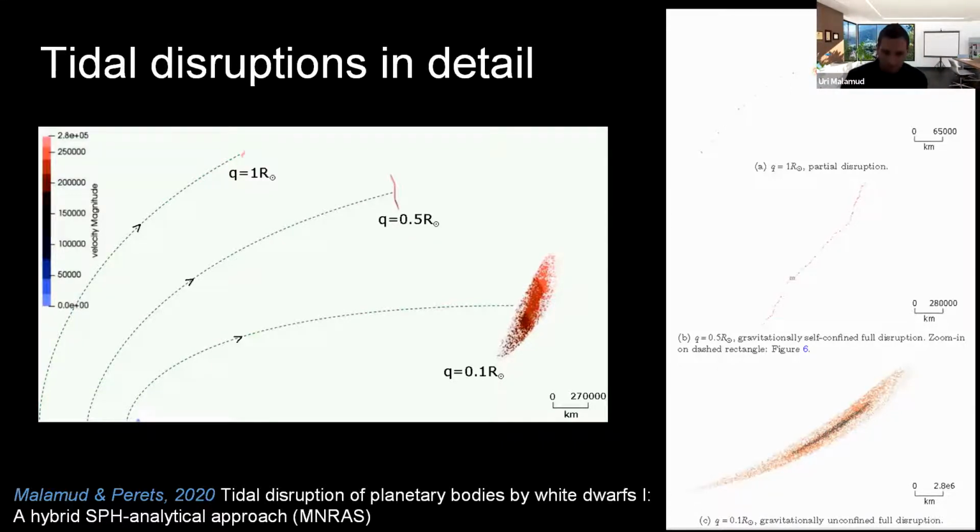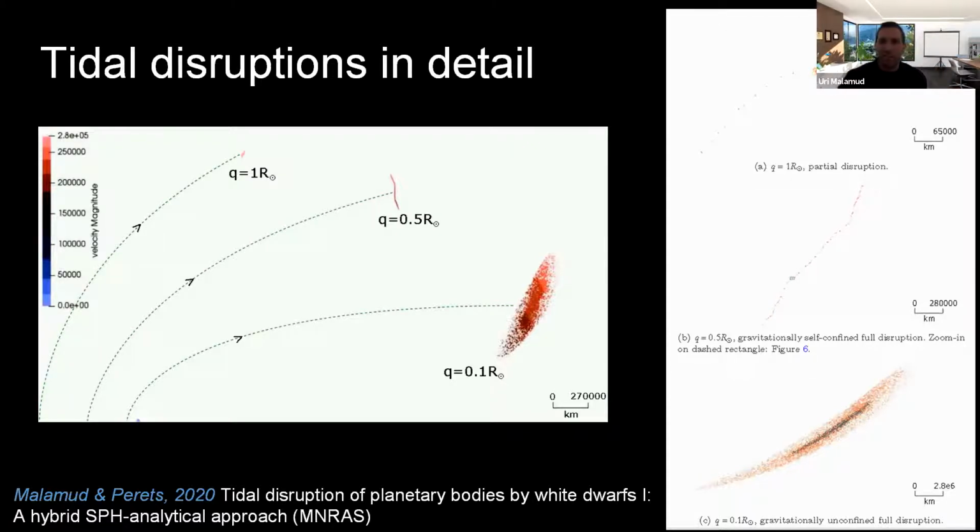Each of them will form its own tidal stream, and so on and so forth in an iterative process. Now, the reason why people don't numerically model this is because it's very hard, even impossible. Also, in the case of TDEs, what people do in order to numerically model this is they do 2 things. Either they take a very low resolution, and also they take a contrived orbit. They don't really take a very, very eccentric orbit, because if they did, they would have to model all of these fragments for a very long time, and this is computationally impossible.